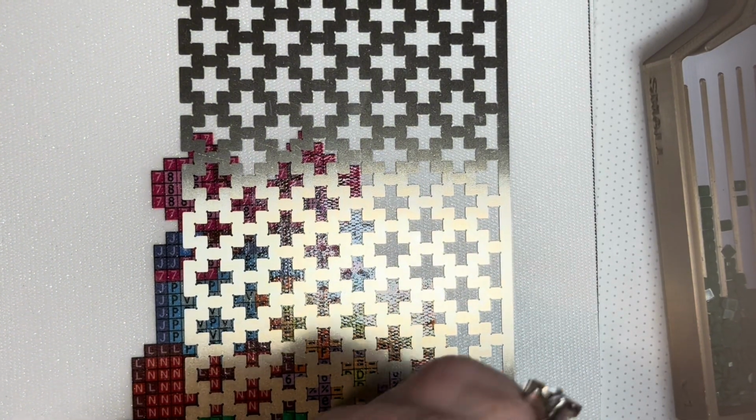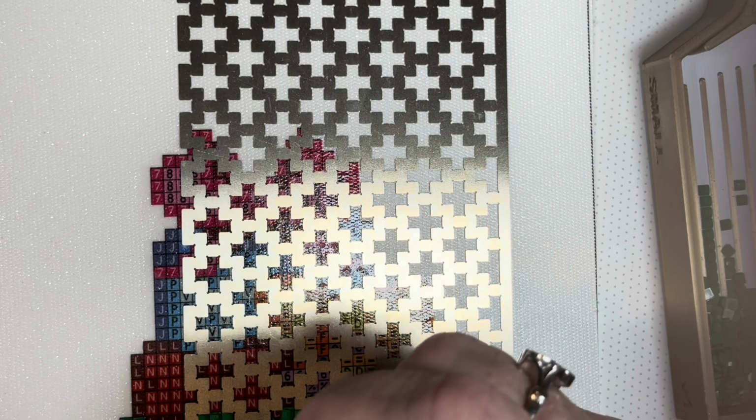And you just know that at the end of all of this, it'll be a beautiful moment when you can just pick up the ruler. And we're going to do that too. I'm going to show you what that looks like here. I'm just going to do a few of these rows, because